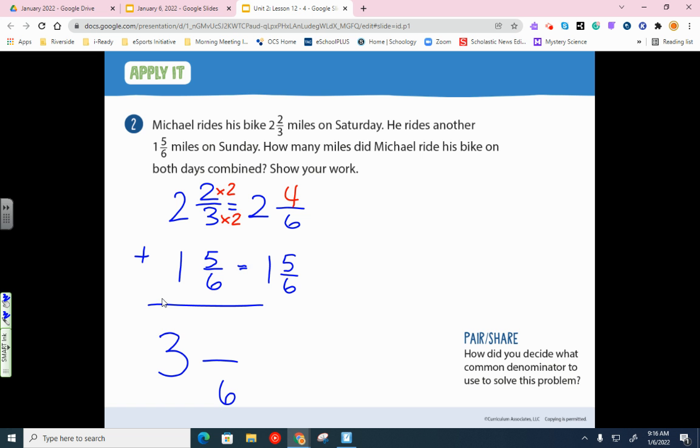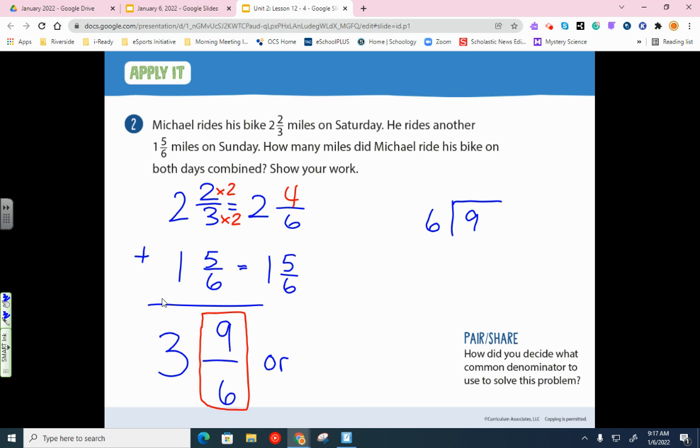And 4 plus 5 is 9. So once again, that answer is acceptable, but 9/6 is an improper fraction. It's improper in the sense that a fraction is parts of one whole, but we can take one whole out of this. So over here,